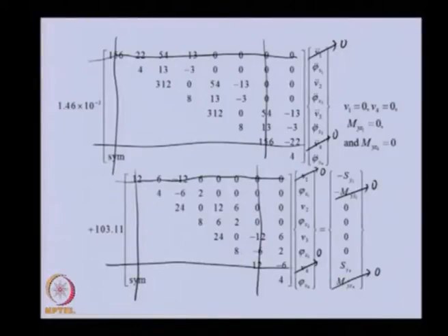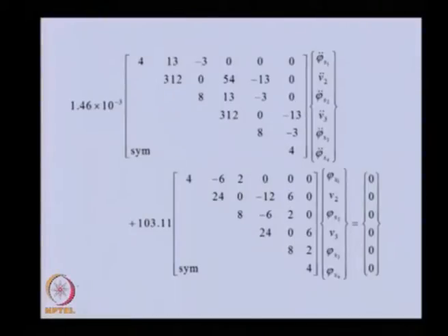So the remaining terms will be carried into the reduced form of the assembled equation. If we see the next equation, this is the reduced form, because we have already eliminated 2 rows and 2 columns. So instead of 8 into 1, now 6 into 1 will be there. Mass matrix will be 6 into 6. Similarly, stiffness matrix will be 6 into 6. This vector is also 6 into 1.